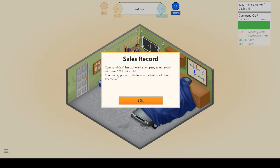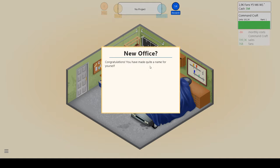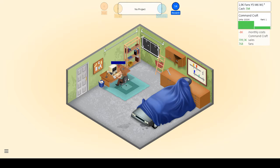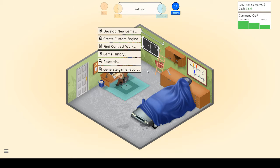Command Craft has already sold over 100k units. Important milestone, yeah, but it's still going. If you want to grow the company further, moving into a new office is the next step. Not yet. We are playing it safe. See? Because the new office is going to cost more rent, and it's going to ask us to hire more people, which also costs more, so...